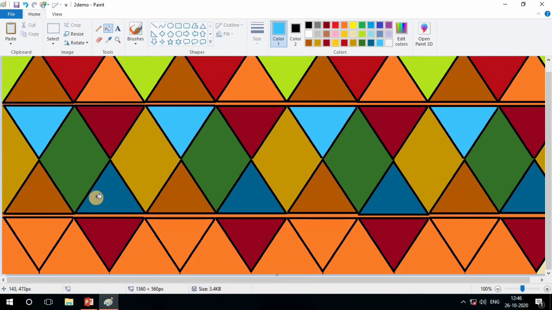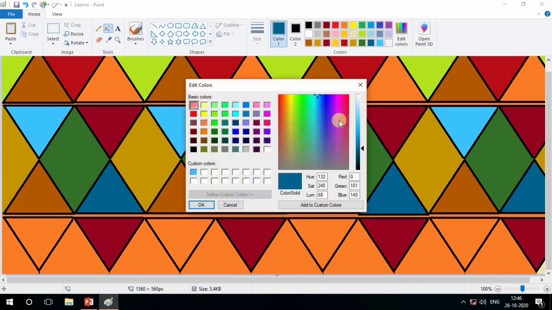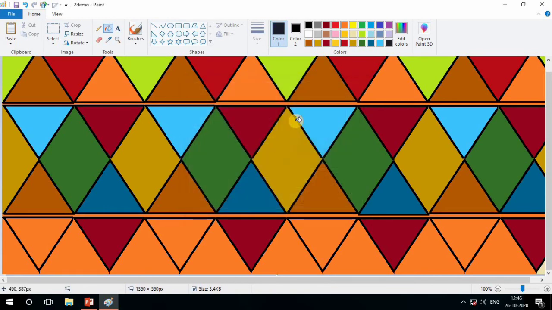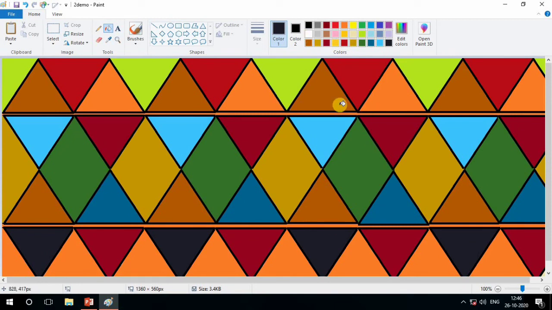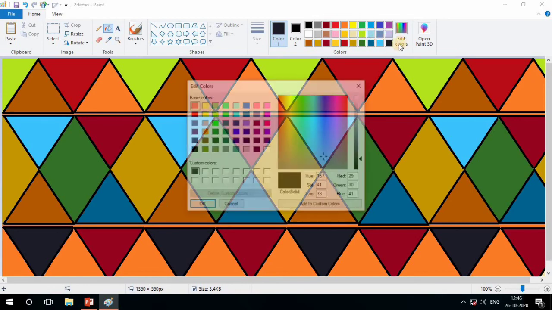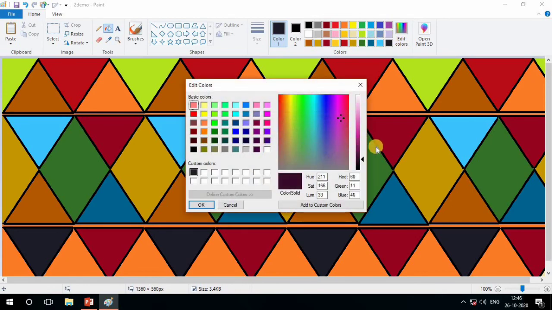Yes, see, we are doing the different shades and filling them. The last one that we have to fill with is the dark shade, so I choose this one and okay. Now I want to fill here. Yes, this shade is filled here. And how does it look? Tell me how it looks. Nice or not? Who will give me an answer? Does the picture look nice or not?